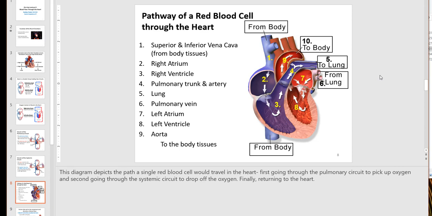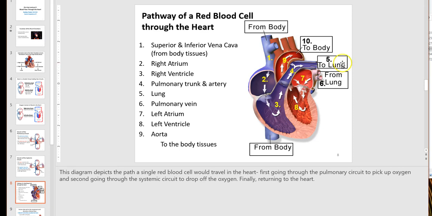If I were a red blood cell and I needed to get oxygen and then deliver oxygen, I would go through the heart 2 times. So let's follow the pathway of a single red blood cell through the heart. I'm going to start with a red blood cell returning from the body. Let's say it's returning from somewhere in the head. It will come in through the superior vena cava. It enters the right atrium. The right atrium pumps it into the right ventricle. The right ventricle pumps the red blood cell out the pulmonary artery